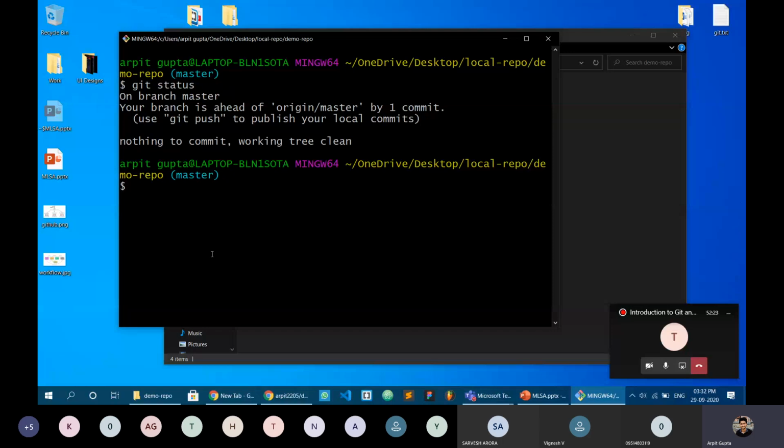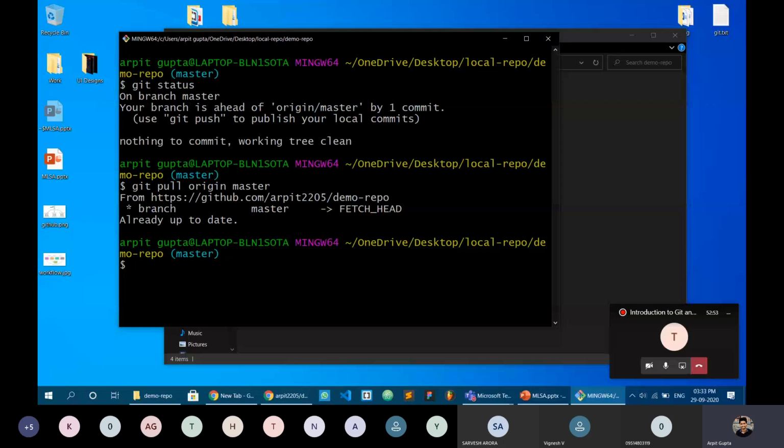As I told you, before running git push, it is a good practice to always run git pull. Although I know that there is no other contributor of this project right now, so this branch will be up to date, still I should run git pull since it is a good practice. So git pull origin master. Origin is the alias name of this repository in my local machine right now, and master is the default branch. We are not using any other branch right now, that is why I've written master. So let's pull the code. And as you can see, it says already up to date. There are no changes.